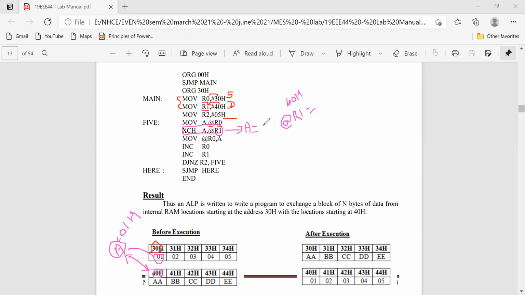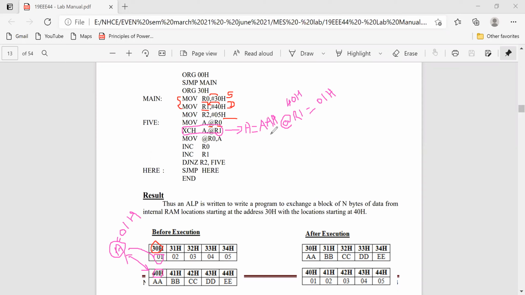So these are all very simple programs. What is the value in the accumulator now? After exchange, the accumulator will have the data AAH. Okay. And at @R1, that is the 40H address, we have the value 01H.